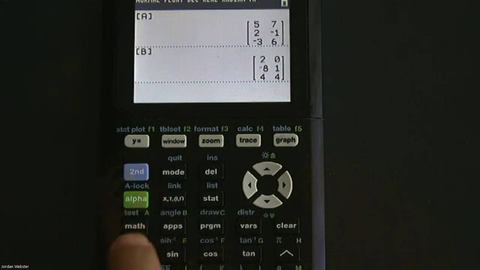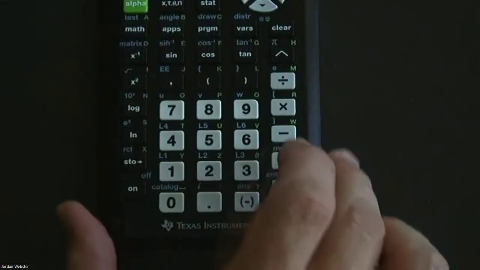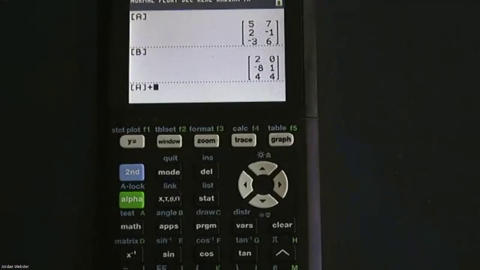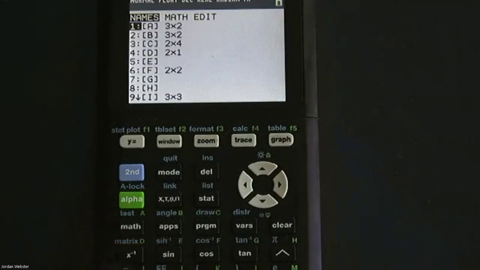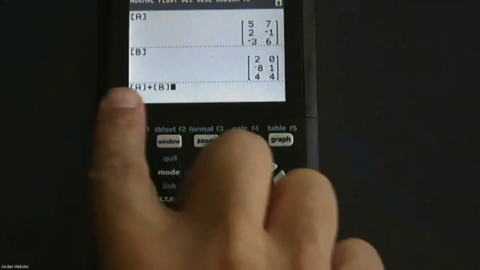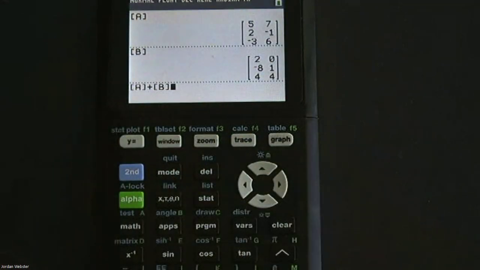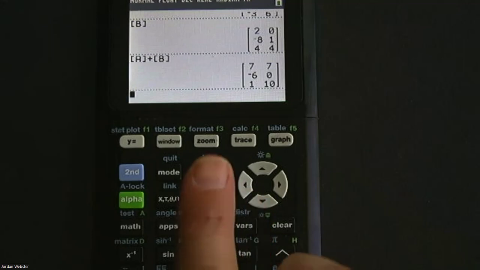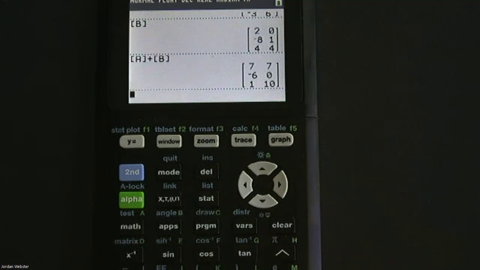If we want to add matrix A and B, I just hit matrix A, then the plus sign, and then do the same thing for matrix B. I go back into the matrix menu, select B. That's matrix A plus B, which is equal to